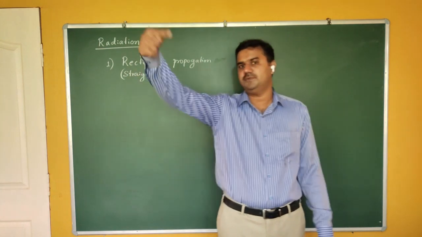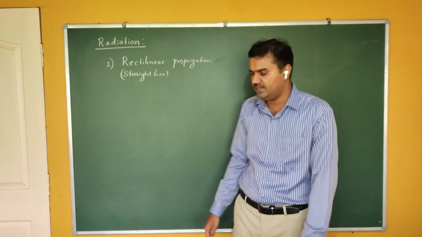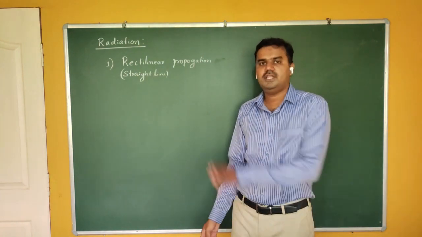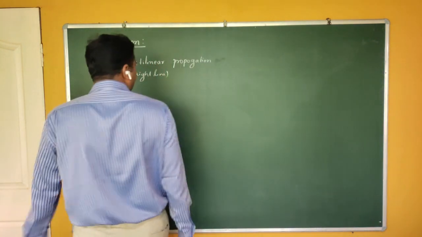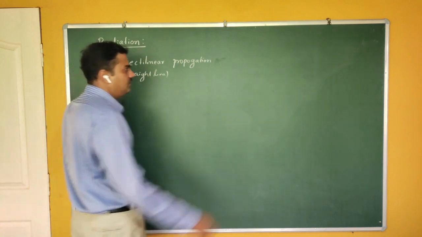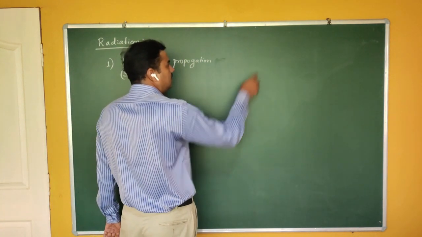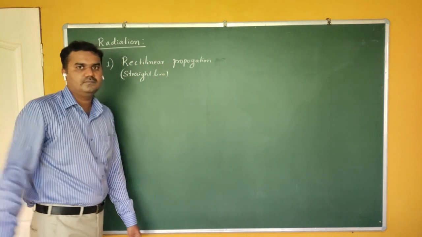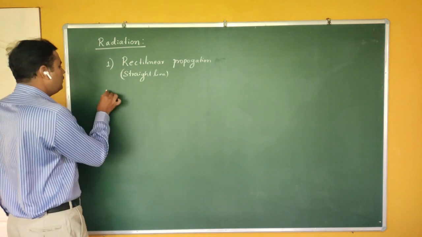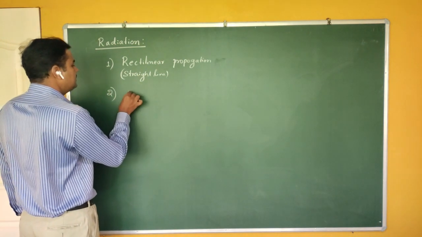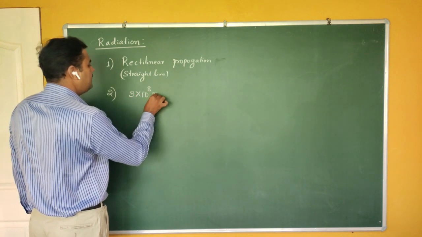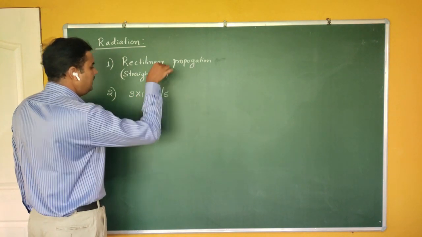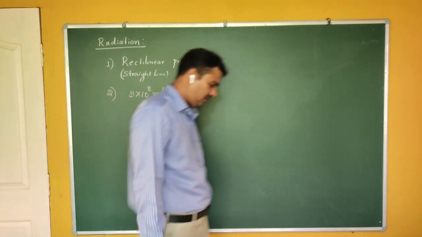They are electromagnetic waves which contain electric fields and magnetic fields. They are fluctuating, but if you take the overall direction of the radiation, it is a straight line. Therefore, heat flows from the sun to the earth in a straight line. And the second one: what is the speed of that radiation? The speed of the radiation is the same as the velocity of light in vacuum, that is 3 into 10 raised to 8 meter per second. Very high.